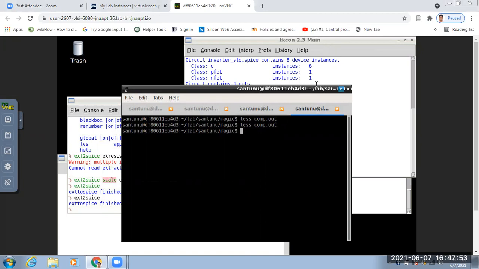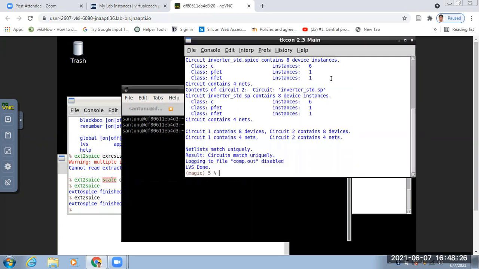Okay, so is everyone getting acquainted now? Yes, sir. How to draw the layout, how to do the extraction, how to do the LVS. So now, very few are doing it. That's why, just practice the NAND gate, NOR gate, all these gates, because in the next classes. So this is Monday, so tomorrow Tuesday.